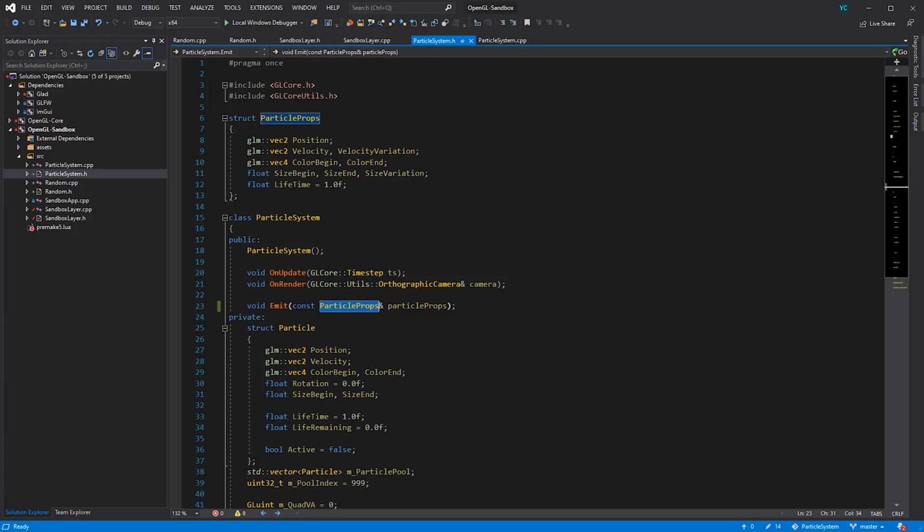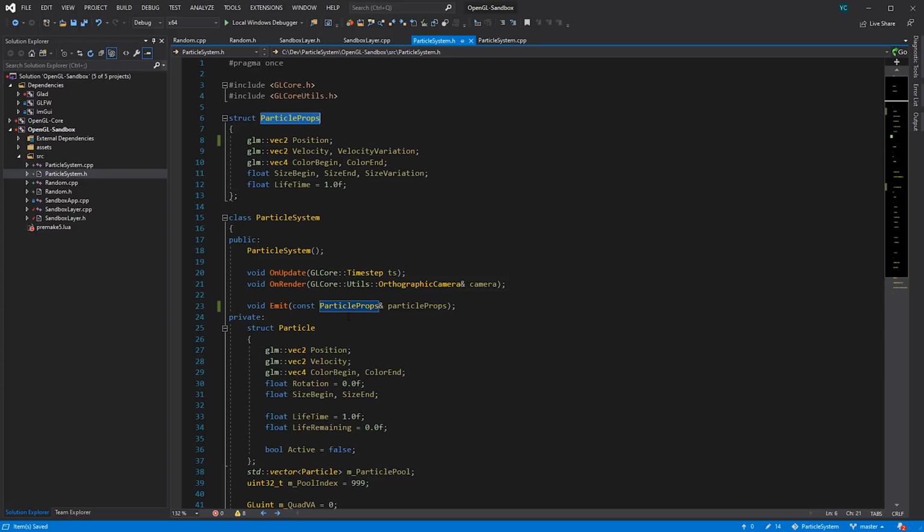So the reason that I've made this struct in the first place is because I don't want to have 1, 2, 3, 4, 5, 6, 7, 8, 9 parameters all over here inside these function parameters. That's just way too much. It's going to be really hard to set. And also it means that by taking in a struct like this, I can not only have defaults, such as this 1.0f, obviously you can do that with function arguments as well, but it's a little bit more complicated, just because they have to be at the end of the function, whereas here I could set a default position or whatever I want. But also it's really useful because I can reuse this same particle props to emit particles